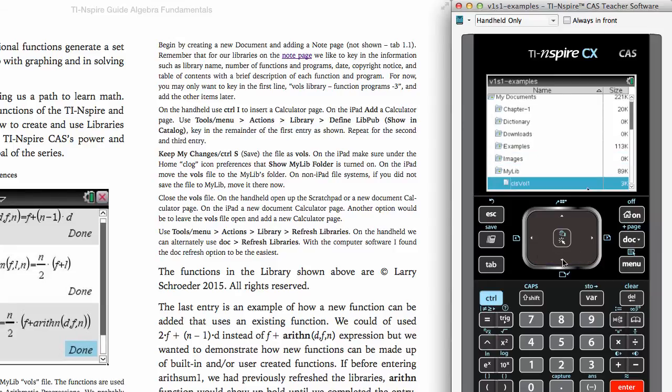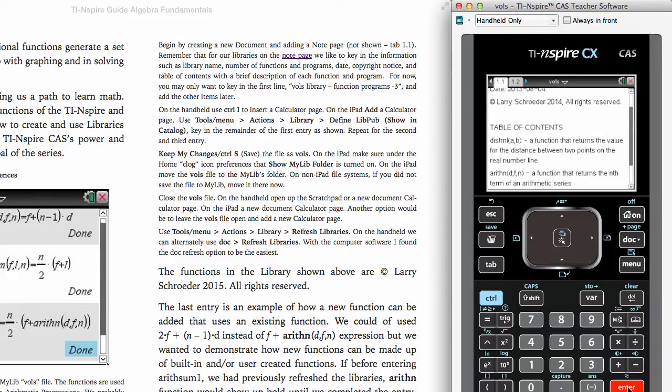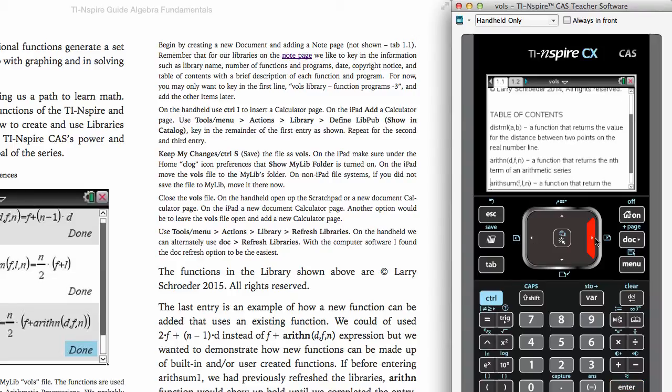We'll take a look at the libraries. The library for Volume 1, Computer Learning Service, the library for Volume 2, which we're working on, and then some other libraries: a library for finance, some libraries that come from the manufacturer, some libraries that we wrote for arithmetic and matrix manipulations, and then we finally hit our Vols library, and if we press enter, it shows us our definition of our library and what's in this library. And if we hit control and move over to the next tab,